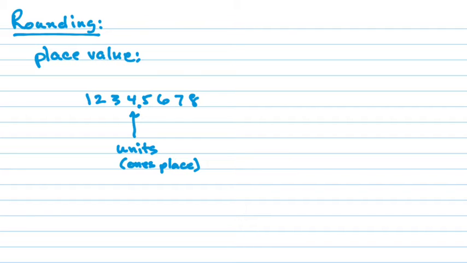Now, that 4 means we have 4 ones. But if I say units, you also know that means that first place right next to the decimal. Remember this? If we move 1 over, that's the tens place. So there are 3 tens, in other words, 30, right? The 2 is in the hundreds place. And finally, the 1 is in the